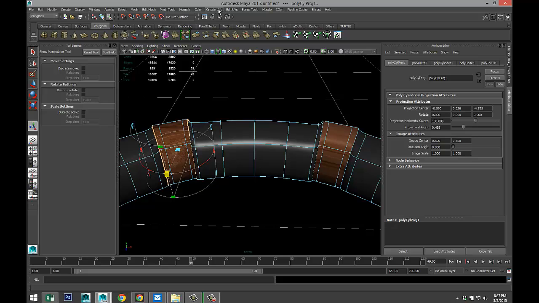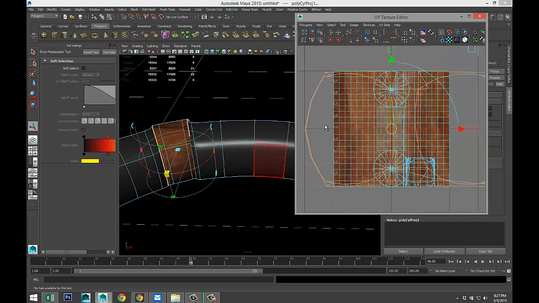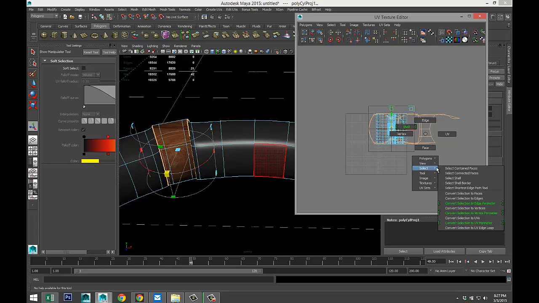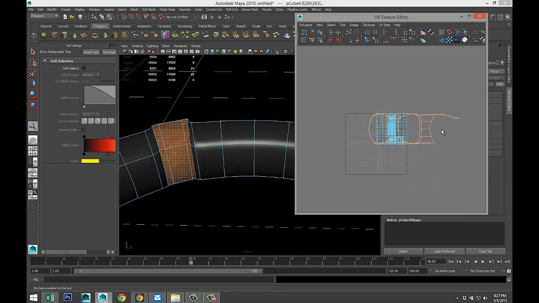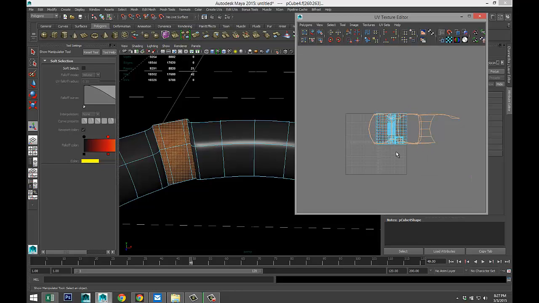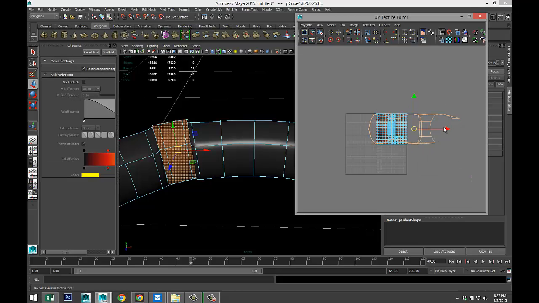We'll go to edit UVs, UV texture editor. Okay, a lot of stuff going on there. Right click, select shell. Come on. We're going to hit W. We're going to move that over. If he wants to move over. There we go.